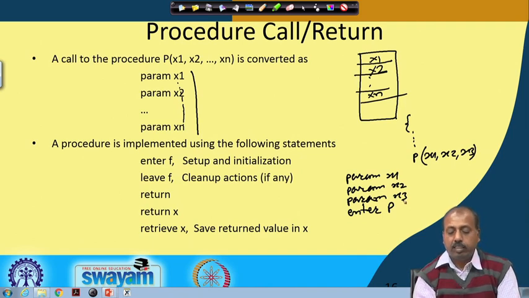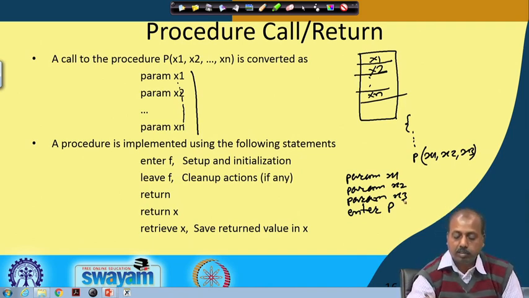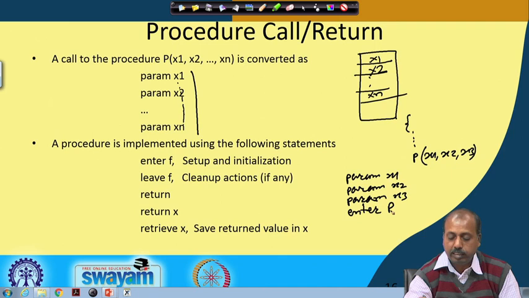When does this enter p statement come? By this time the activation record has already been made. This activation record will be pushed onto the stack, and then it will branch to the subroutine p.